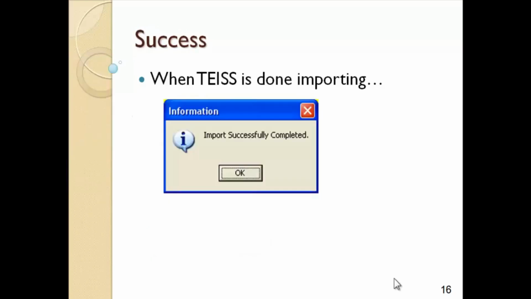When TEISS is done importing, you'll get the import successfully completed screen, and that should make you happy because you're done importing data. And you just have to click OK on that,